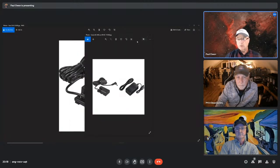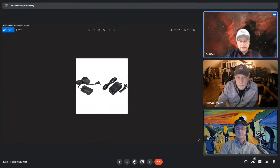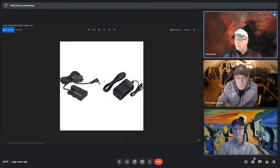On this one here, when you buy the whole kit, what you're getting is the converter itself, which will convert the battery from the camera into a cable. That cable would plug into the source, and the source would plug into the wall. So if you're doing this in your backyard, you can just simply run an extension cord out, plug this into the extension cord, plug this into your camera, and you've got battery power all night long. And because you're not using the grip, I'll make that a little bigger so you can see it. Because you're not using the grip, there's less weight on your camera,